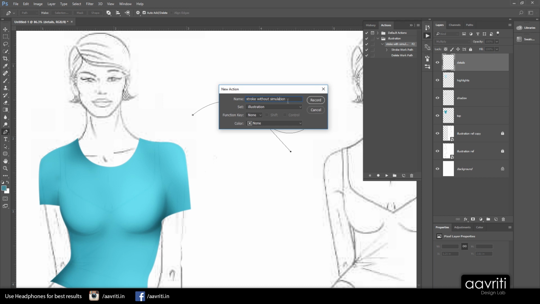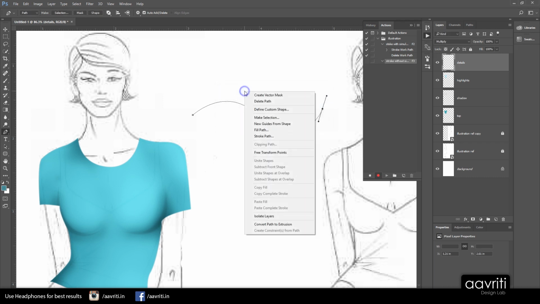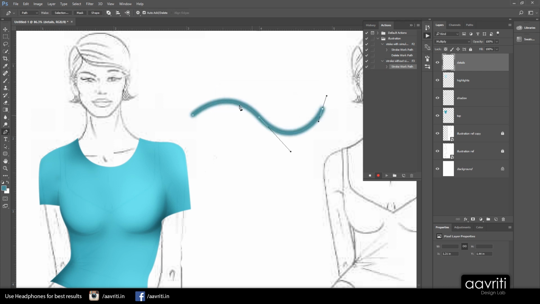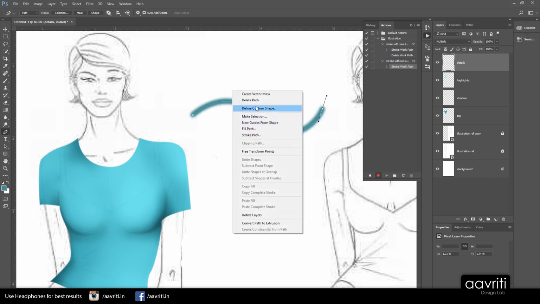And the function key I'm going to assign is F3, and then I'm going to say record, right click, stroke path, and make sure that the simulation is off this time, and say okay. So you do not have it simulated here. Right click, delete the path,